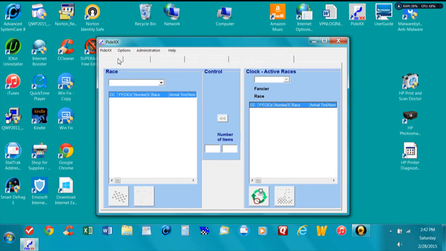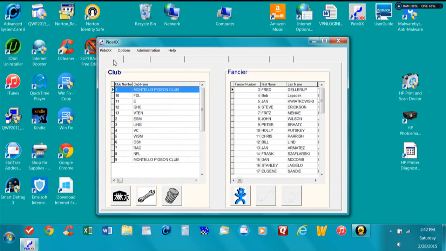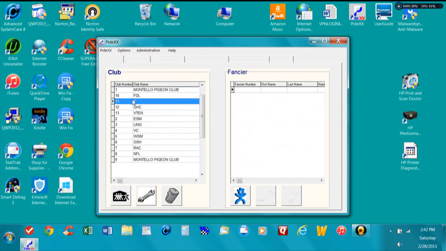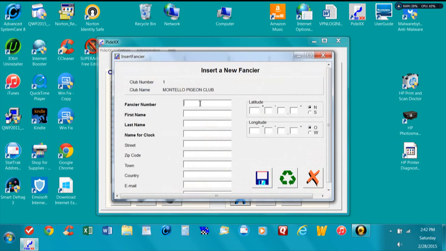So just know that what we're going to be doing here is creating a new flyer first. I'm going to show you how to do that. If you had multiple clubs here, you click on the one that you want to put the member on. So we're going to do Untitled Pigeon Club, and then we're going to put the flyer under here, okay? Now if you notice, I don't have a fancier number 1 or 2, so we can start with that along with the name. So the fancier number will be 1, and then the name we're just going to use